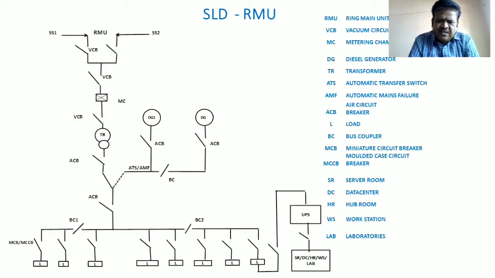So like this, if you consider minimum 3 wires, if you draw the single line diagram with the 3 wires, it creates a lot of confusion. So in order to avoid this confusion, whether it is a 3-phase 3 wire or 4 wire or 5 wire, whatever it may be, the entire thing is represented by a single line. The moment you see that, it is understood.